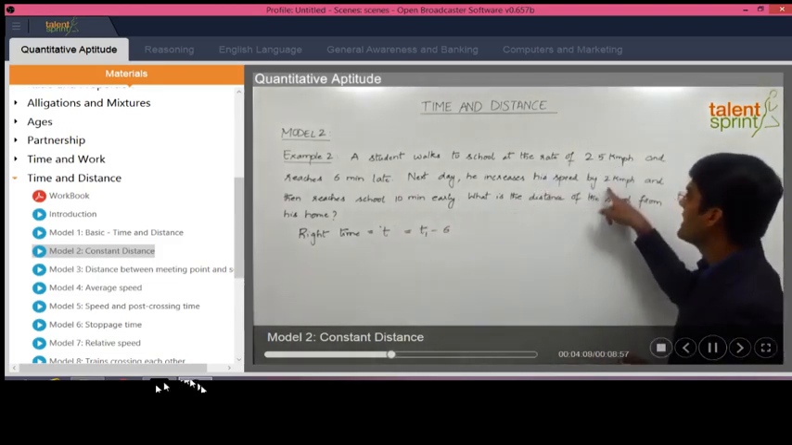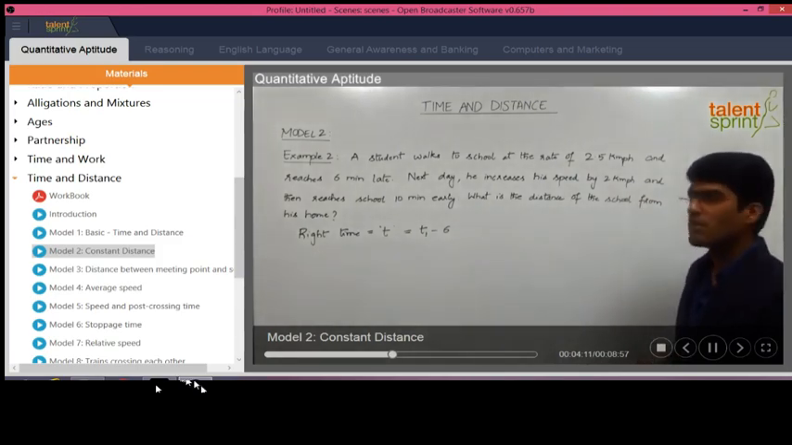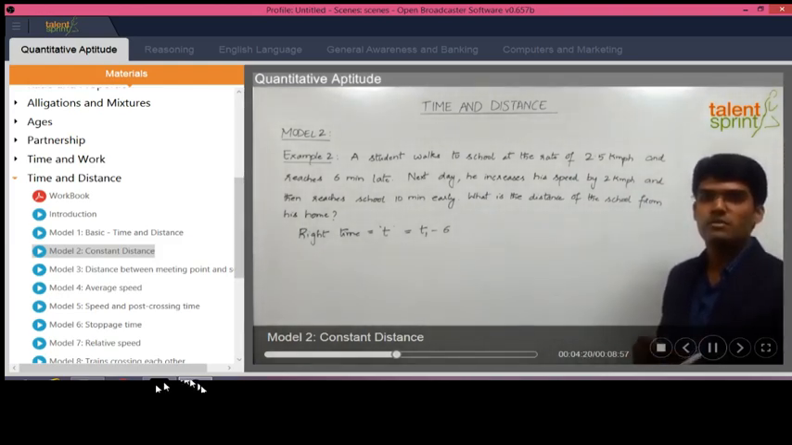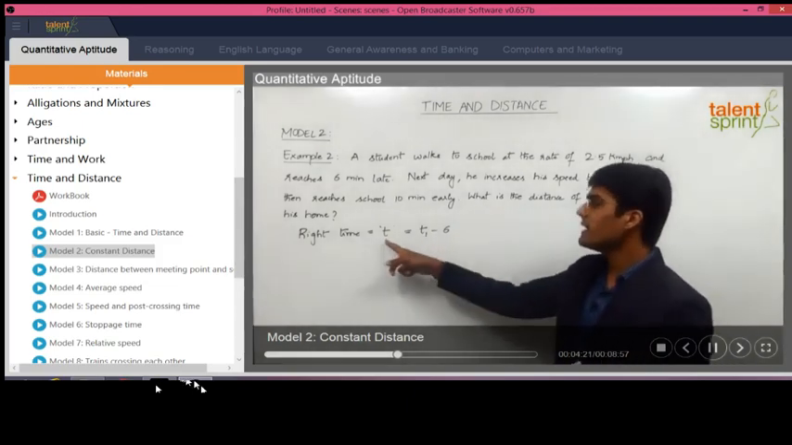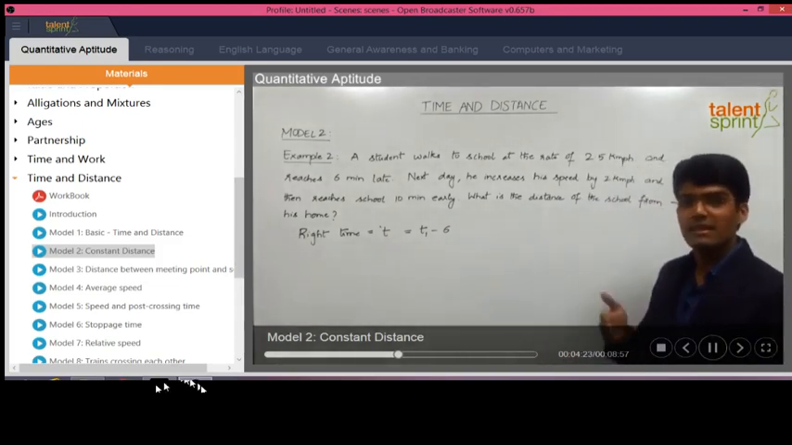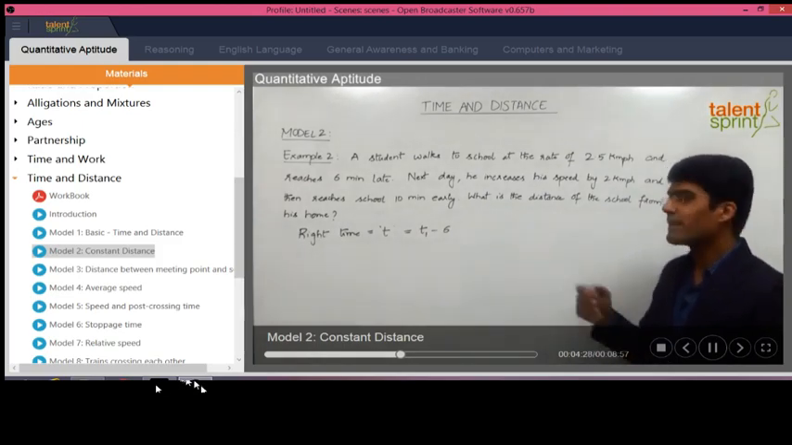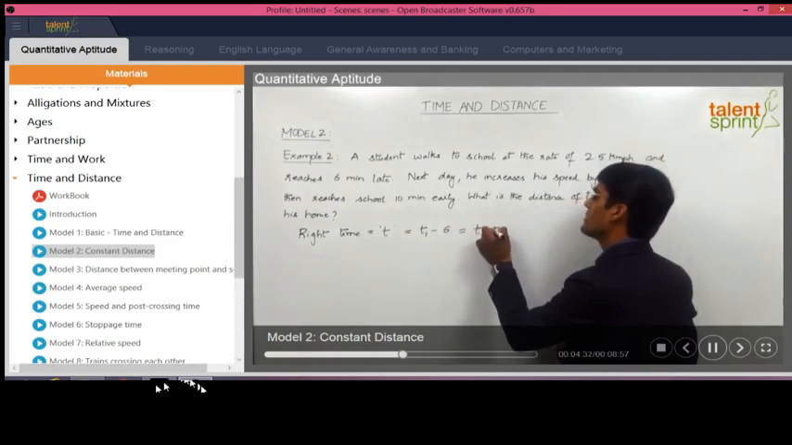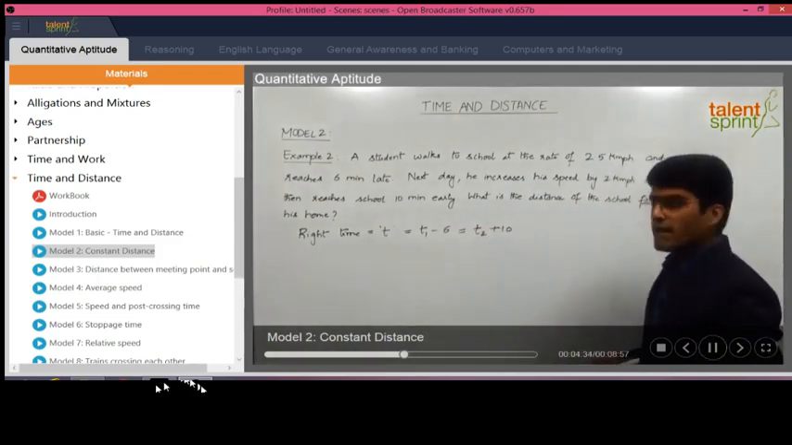And in the second case, when he increases his speed by 2 kilometers per hour, he reaches his school 10 minutes early. That means if the time taken in the second case is t2, to that time t2, if we add 10 minutes, then we get the right time t. Because he has reached early, he is before the right time. So if we take 10 minutes more, we get the right time t. So we can say that the right time t is also t2 plus 10. Right? If you can observe in the first